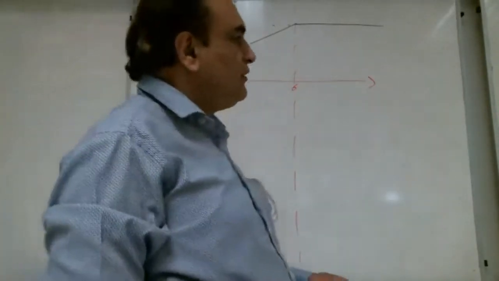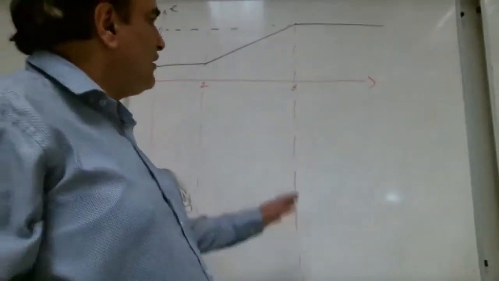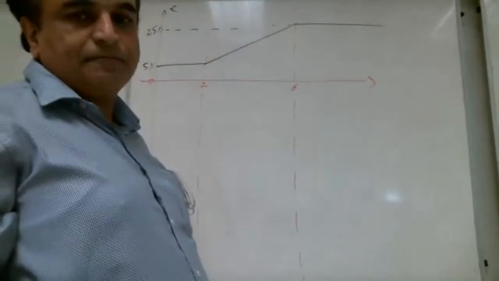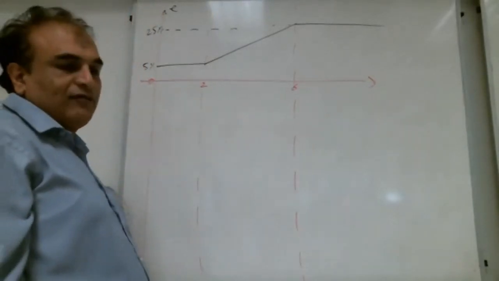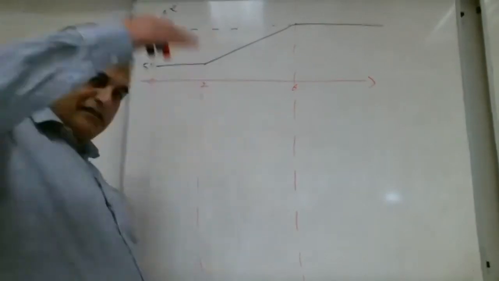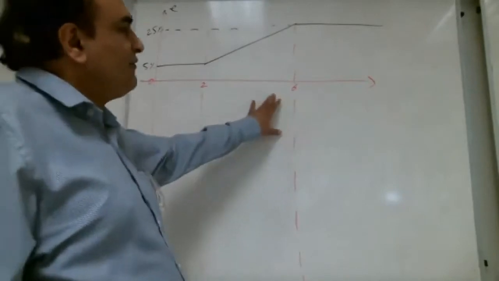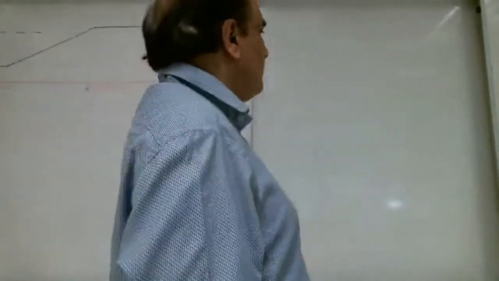So what we are doing, out of the very highly changing error, we are taking just one change and we are going to apply derivative action on it, and we're going to see the result, what happens. We remember there was a highly changing error, so we just take one change out of that and apply the derivative action on it and see what happens.